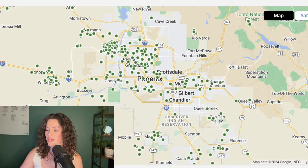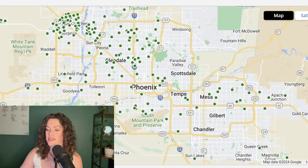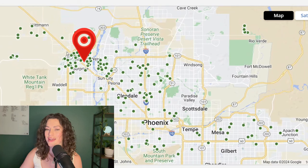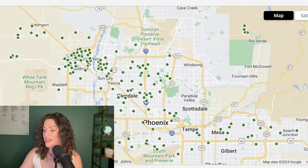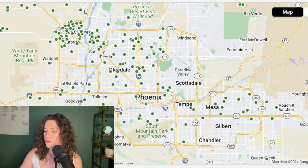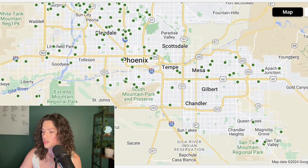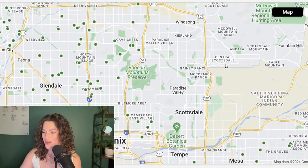If we zoom in right here, you can see there's not a lot to choose from, but if you go up towards Sun City West, Surprise area, you're going to find a handful of more larger lots at that price point. Now, something to keep in mind too, a lot of retirement communities up in this area as well. Now, if we zoom out, we can see there's a handful in the Glendale area, some in North Phoenix. However, if we look a little bit closer, like Scottsdale area, not really finding anything with a larger lot in